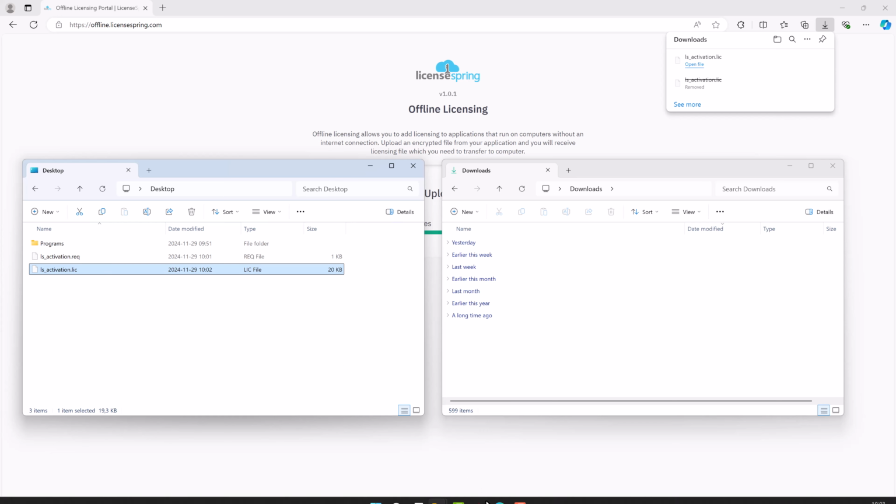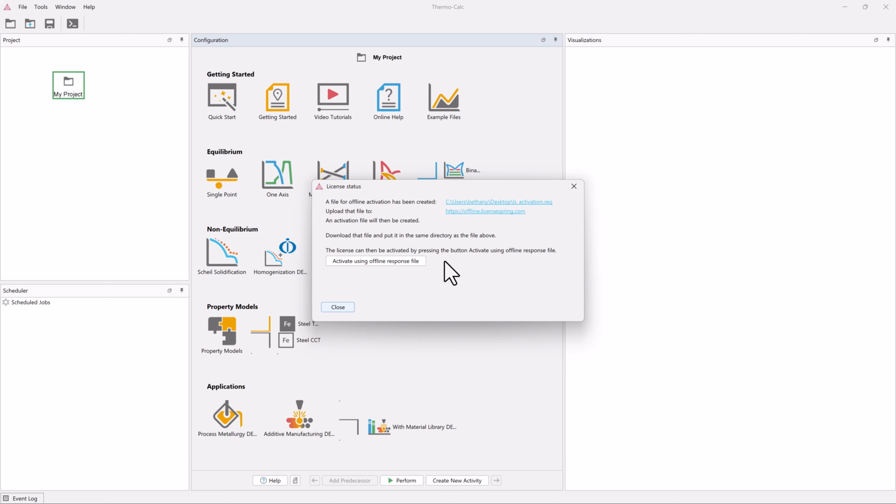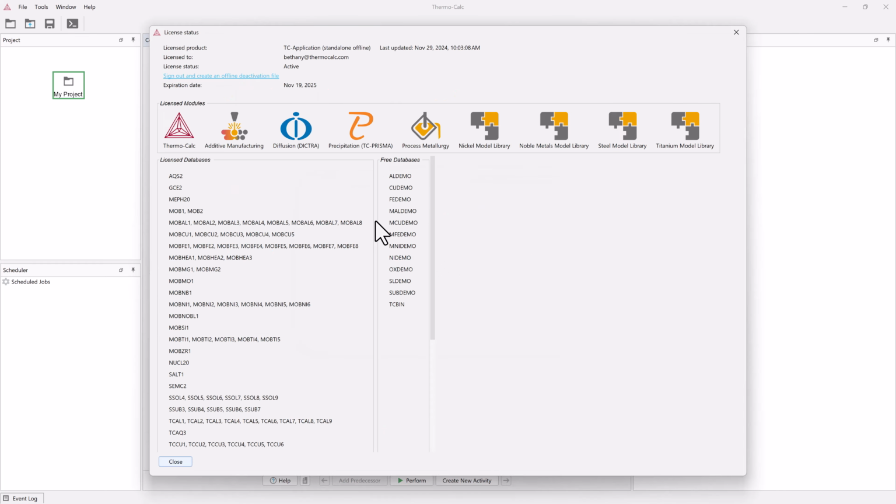To do this, return to Thermo-Calc and click the Activate Using Offline Response File button. A window will appear that shows the products you have a license for. Your license is now activated and the software is ready to run, so you can click Close and begin using